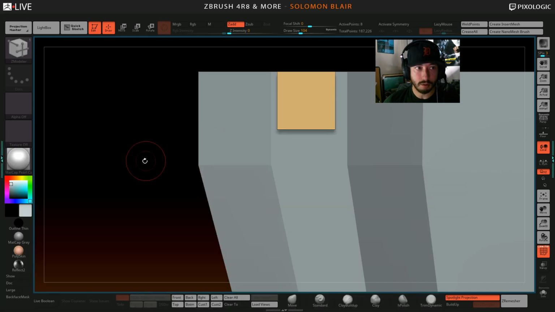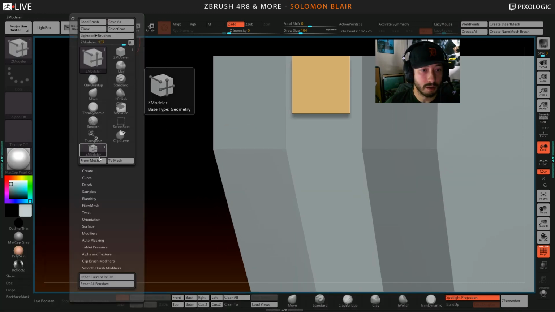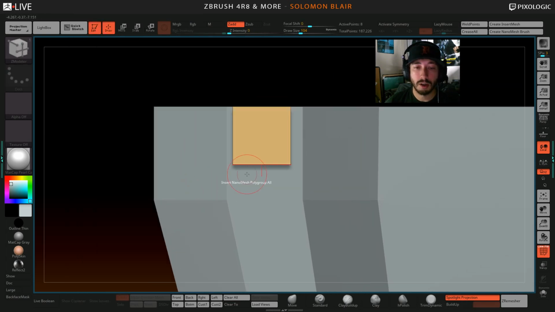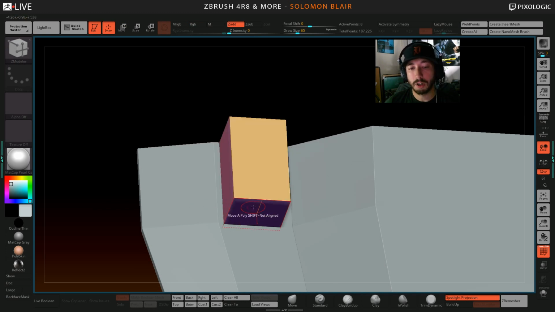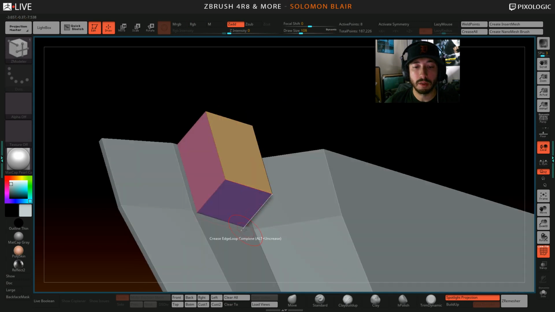And let's go to the regular ZModeler brush. I'm going to restore this. So I just got my basic stuff here. Does anybody use the move feature? Alright, you just want to move stuff, move things around. There's pretty much